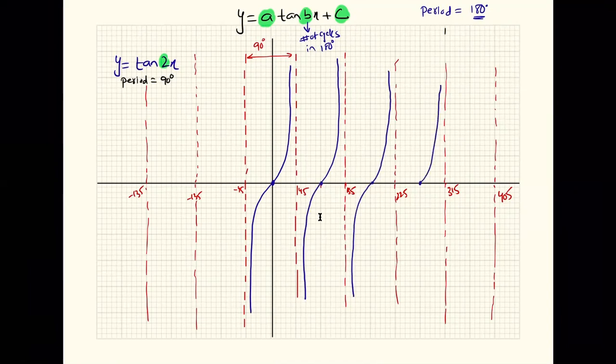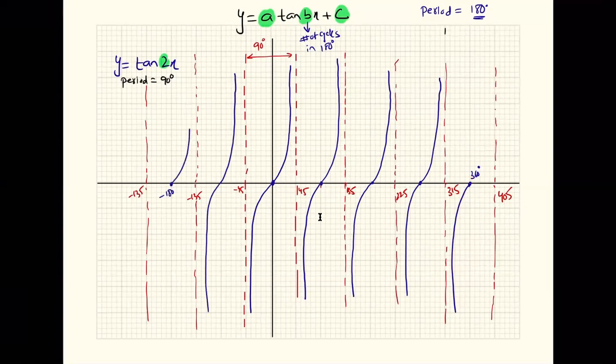अब अगर आपसे कहा जाता है कि ड्रॉ दिस ग्राफ from minus 180 to 360, so this is the point at 360, ठीक है? So 360 में यहाँ पे आप सिर्फ यहाँ पे एक ग्राफ शो करोगे, you are not going to go further after 360 degree, so only this part will be there. Then you're going to complete the cycle on the left side of the graph, but this is minus 180, so you know that this part is just going to go up, you're not going to go beyond minus 180. Is that clear? So that's your graph for tan 2x.